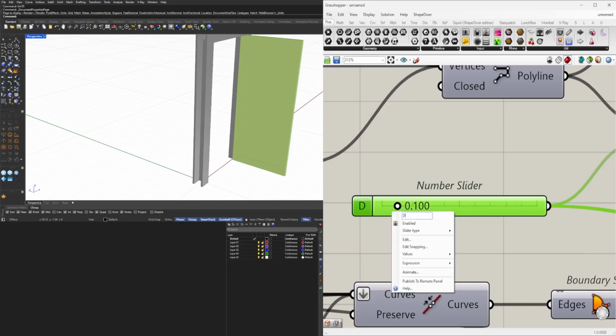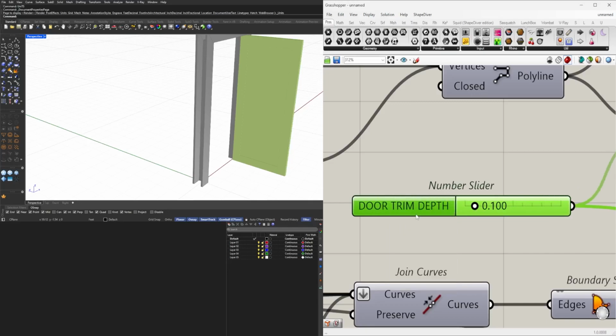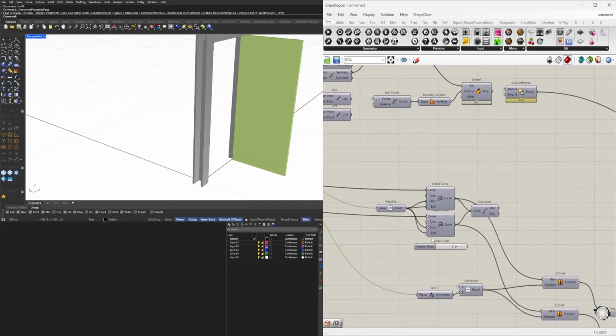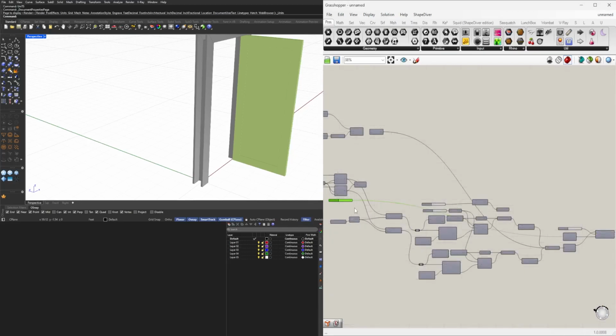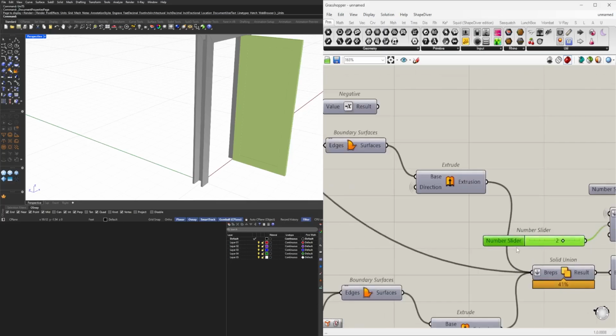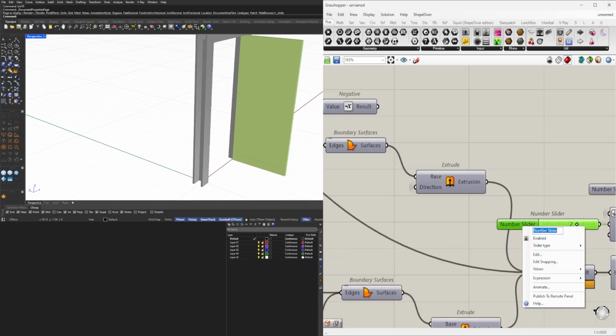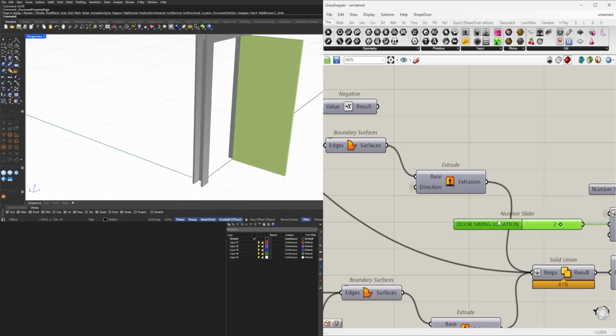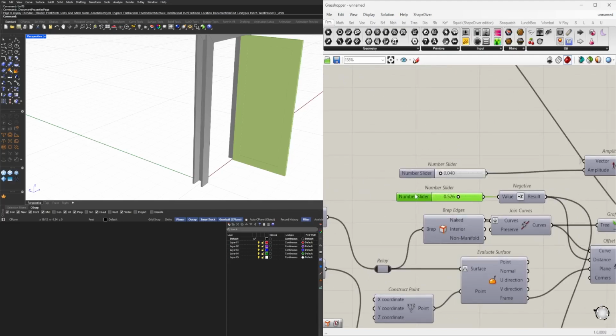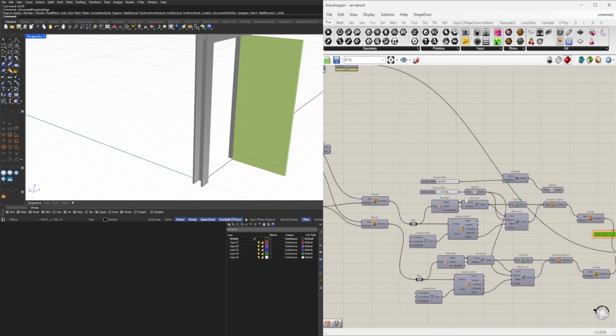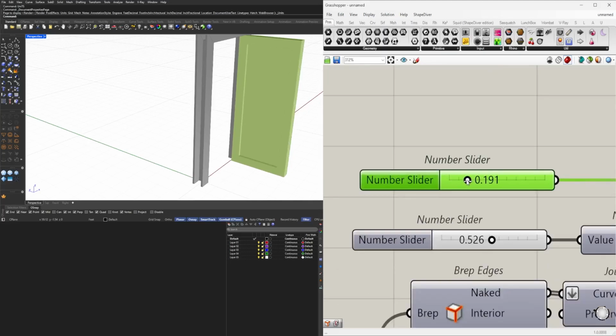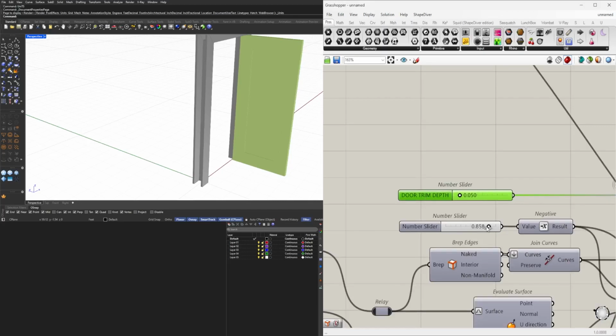Door trim depth. Door swing float. This one is the door trim depth, so 0.05, and then the